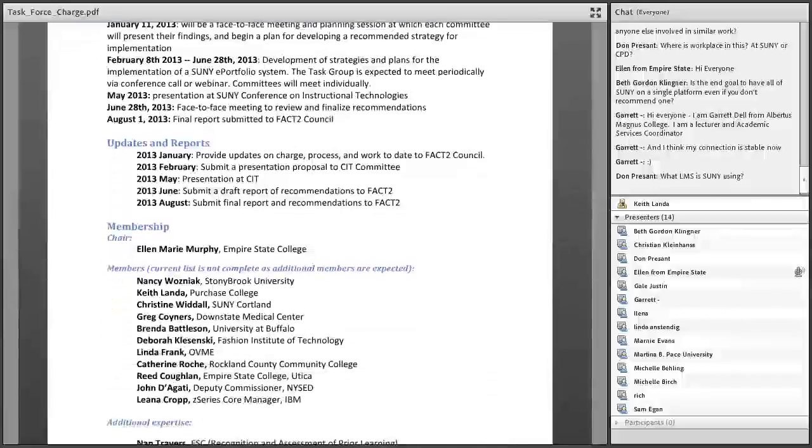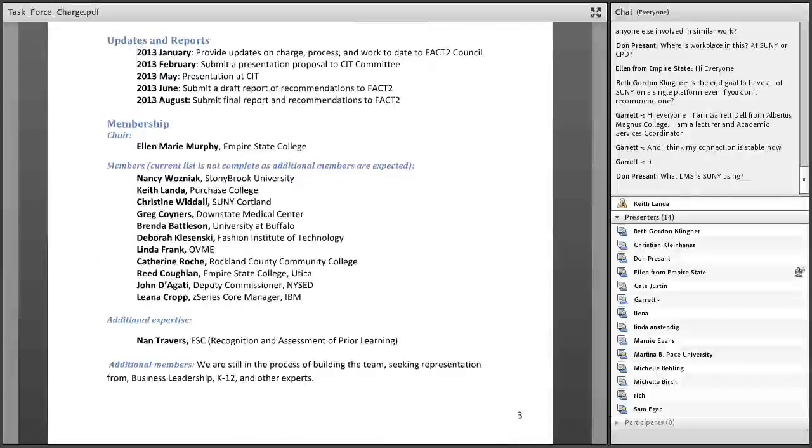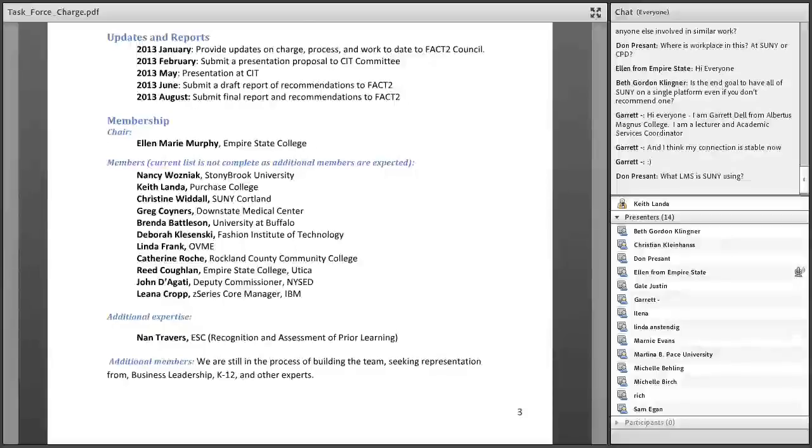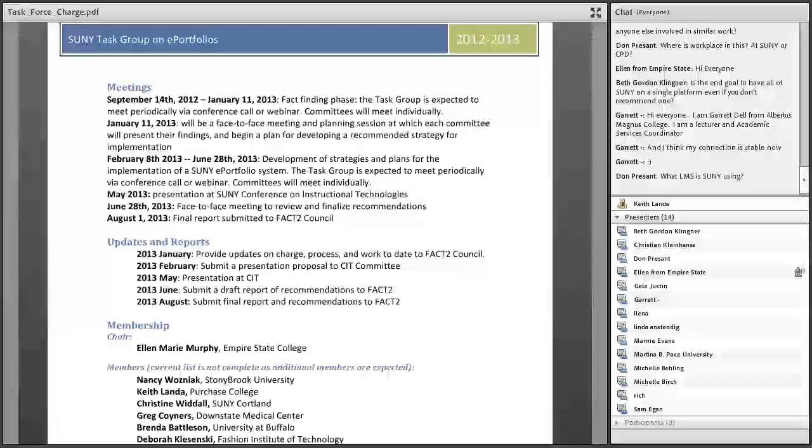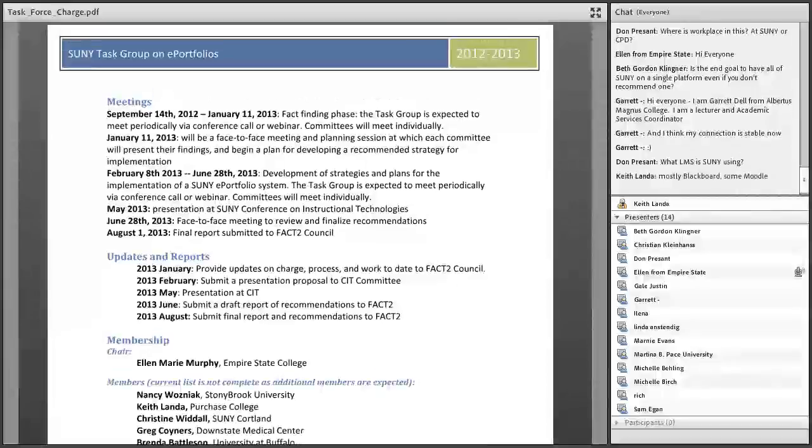So we'll have to see how it eventually all plays out, but part of our charge includes looking at assessment of prior learning, which is a huge thing, and currently I think Empire State is about the only college in the system that's doing that.